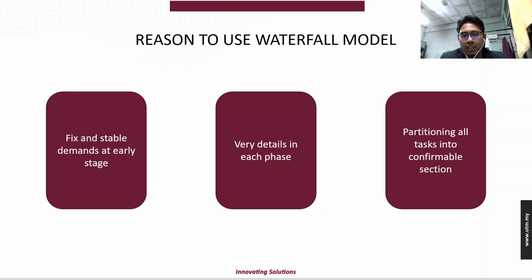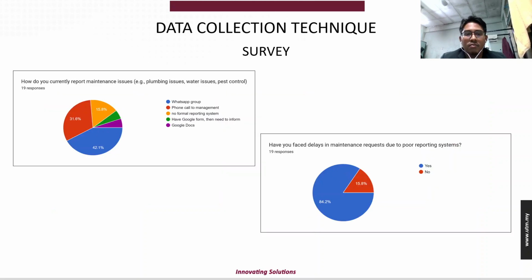The next is very detailed phases. In the transition from one phase to another, you need to finish one phase successfully, then after it, you can proceed to the next phase. The last reason is partitioning all tasks into sections. There are a lot of tasks in developing a mobile application, and all these tasks will be divided into sections that can be guaranteed to be completed.